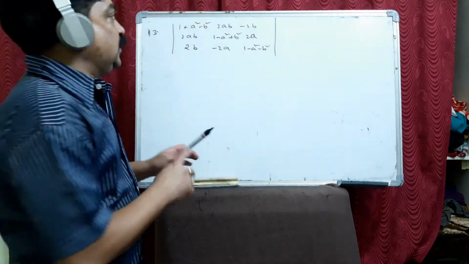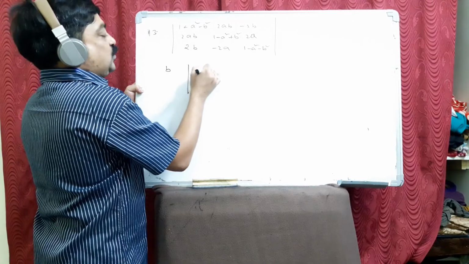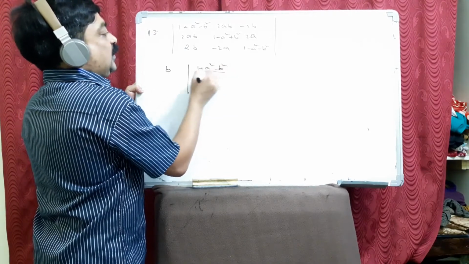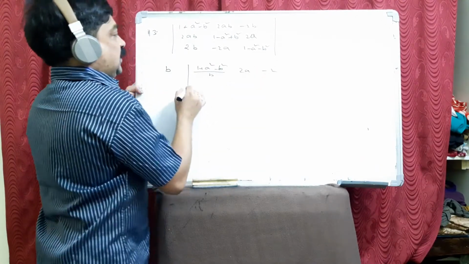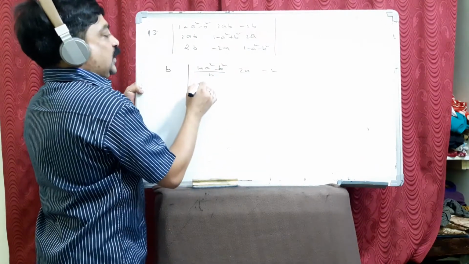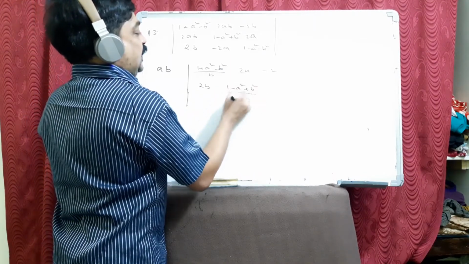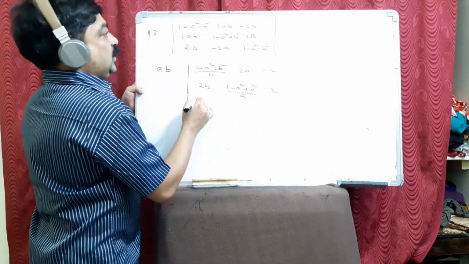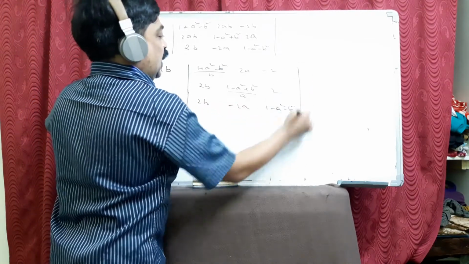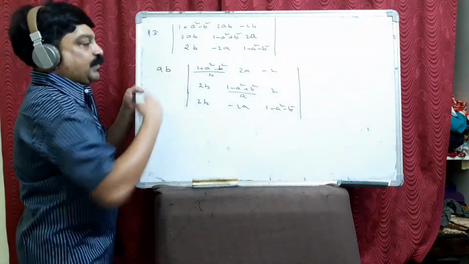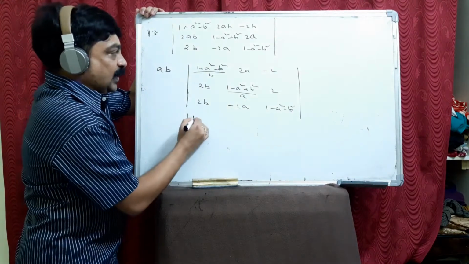So the only option we can do is, I take b common from the first row so that the first row becomes b, because b is not common here. It becomes like this. And a common from the second row, it becomes 2b, 1 minus a square plus b square by a, 2. Don't take anything and write like this. Now we took common b from the first row. You multiply that with the first column. Then what happens?